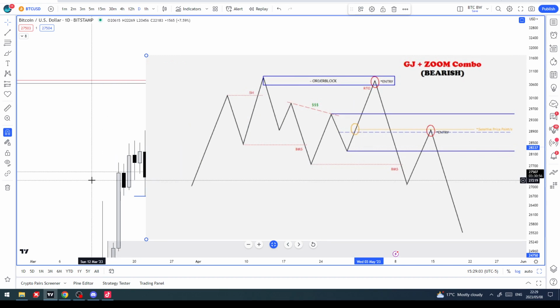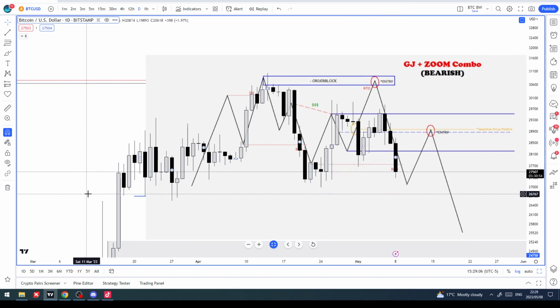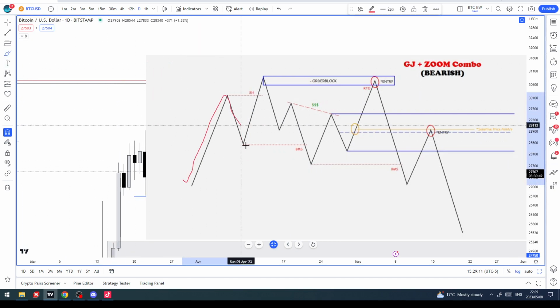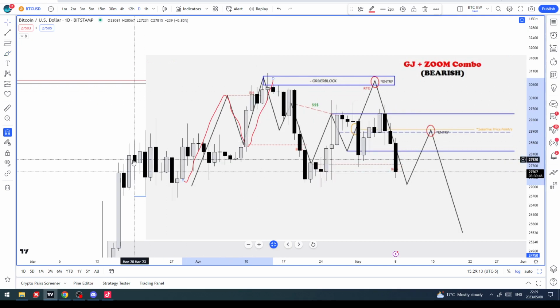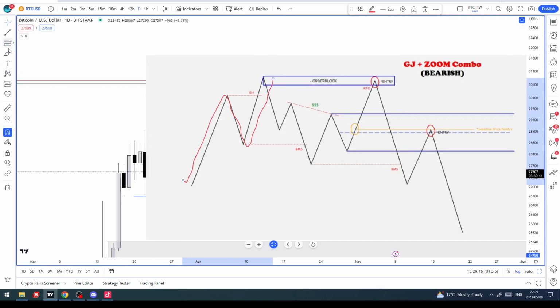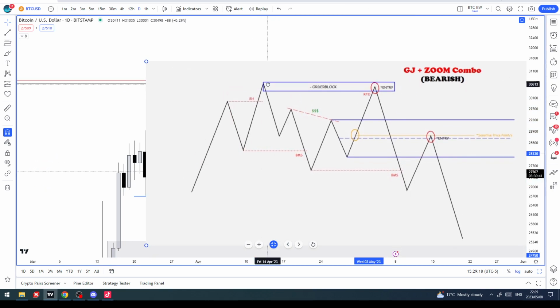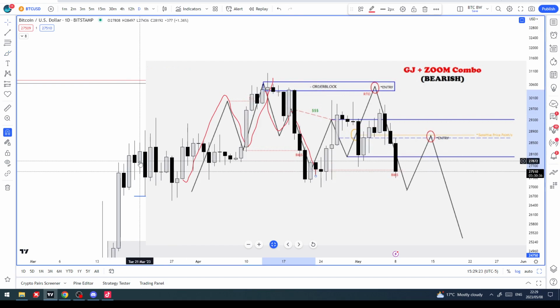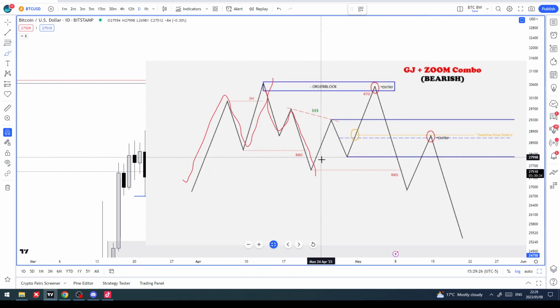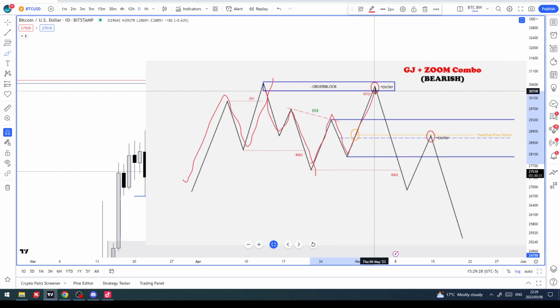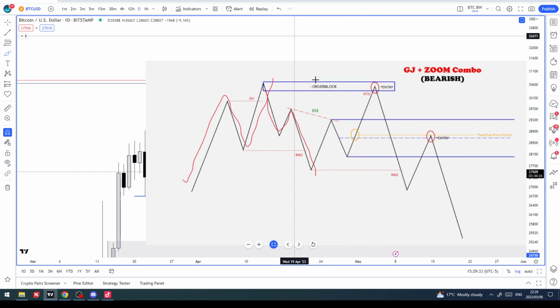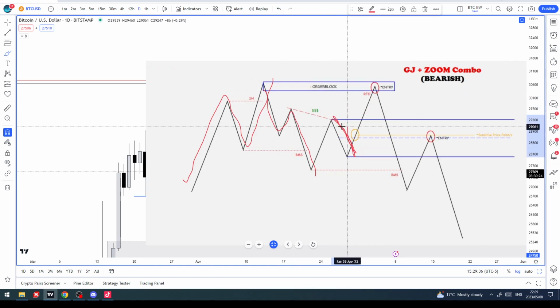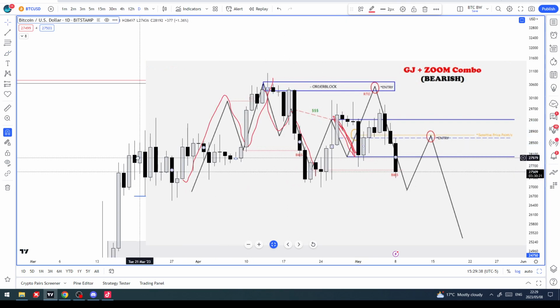Now, I don't know if you guys can see this well. But you can see the idea is we did this move, right? And go back to it. We did the move down here. And now we are making the 3-wave sort of move to the upside, right? We haven't made the final leg up. We are stuck in this range here now. Can you see that?